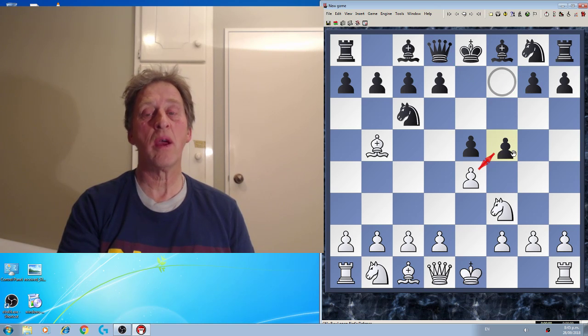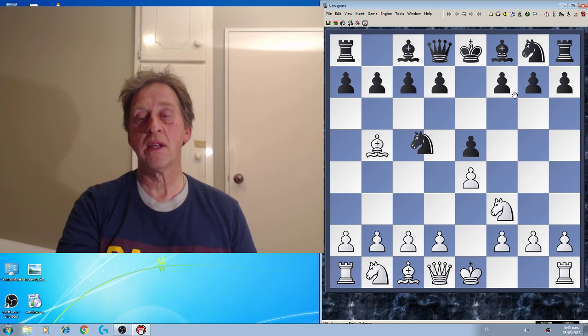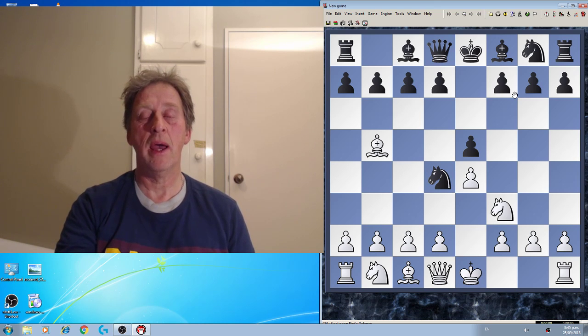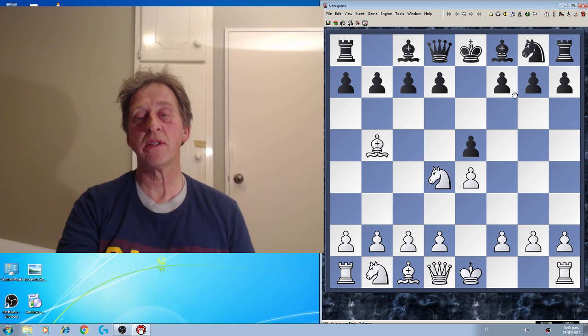So here I played queen e2, which is the only move it can make, by the way. So queen moves anywhere that it can, and you're correct. So knight d4, this is the Wade variation. And I took, because I saw Gary Kasparov do this in his book, and he